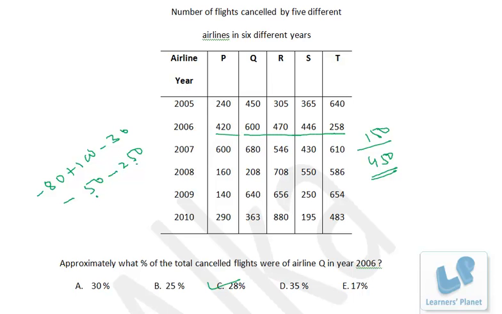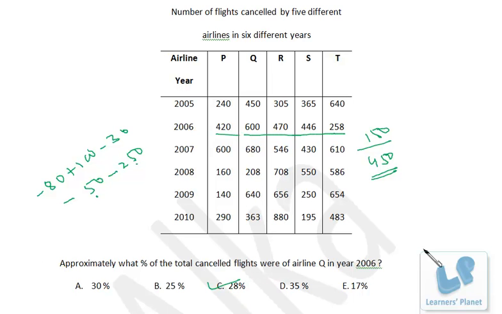I would repeat over here. I calculated the average, that comes to be 450. So since there are 5 data, 450 will be on an average 20%. The contribution of Q is 600, that is 150 more than 450. So 150 is 1/3, or we can say 33%. So we need to find out 33% of 20, that is 6.66. Your actual contribution of 600 is 20 plus 6.66, that is 27% around. Among options it is 28%. Okay, I hope you are clear.